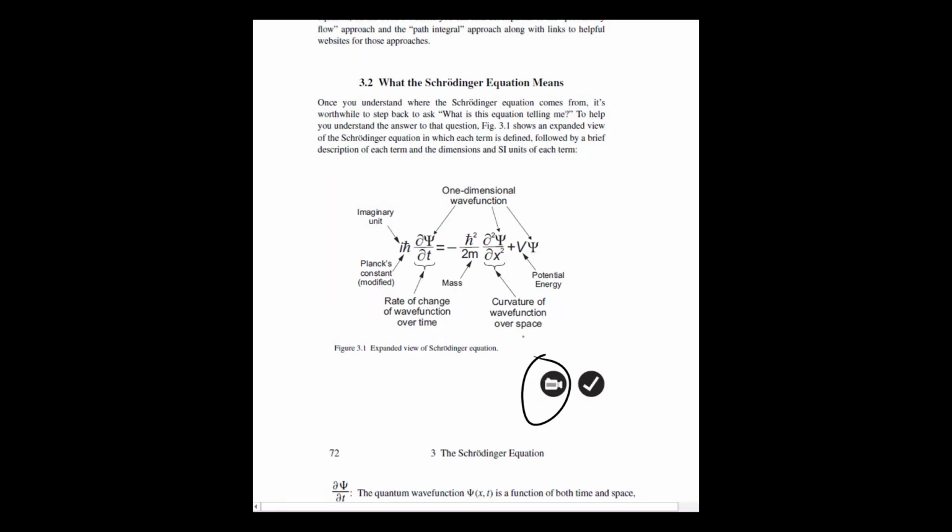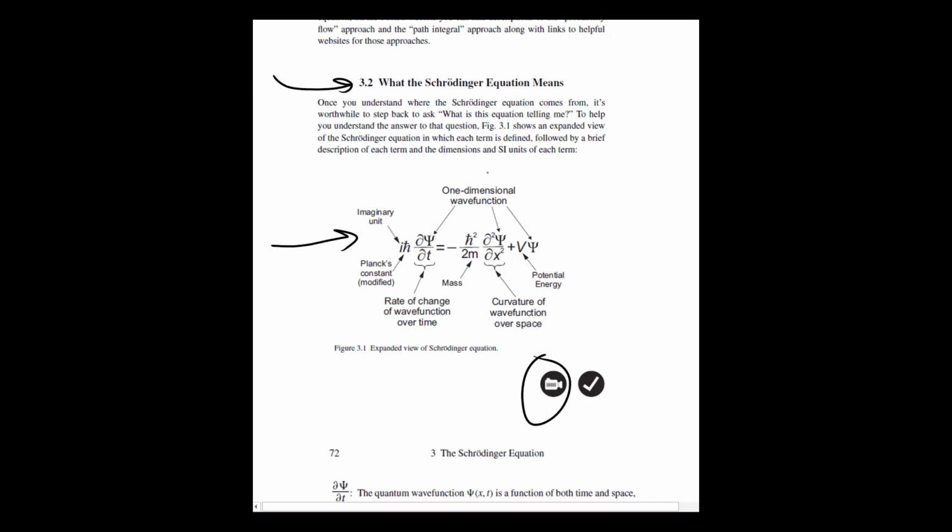Hi, this is the video for section 3.2 of A Student's Guide to the Schrödinger Equation. This section is called What the Schrödinger Equation Means, and in it we're going to talk about each term in the Schrödinger equation as well as what the collective combination of those terms tells you about the behavior of quantum wave functions. It starts off with this, as I call it, expanded view of the Schrödinger equation, and the terms